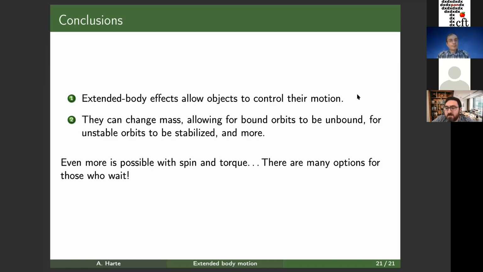Yes, indeed. It's actually quite interesting that you have a conserved energy, but you do not have a conserved mass. And if you like, the energy for changing the orbit is coming from the rest mass energy, and not from the total energy.